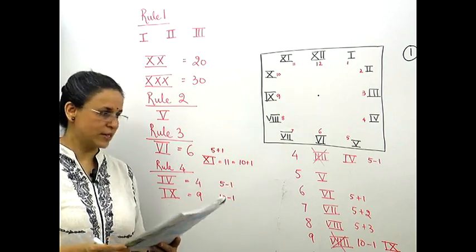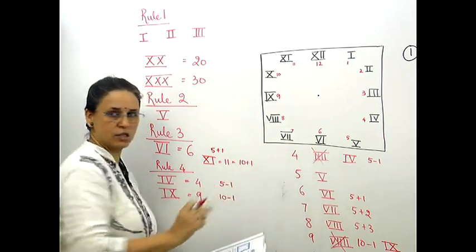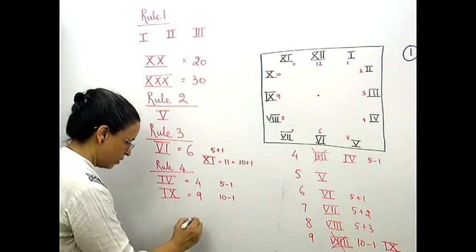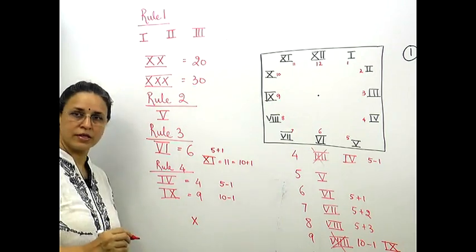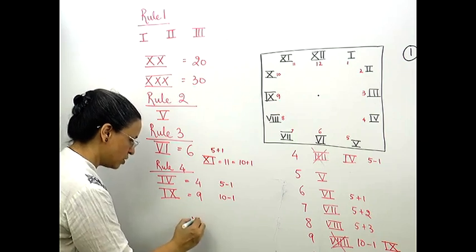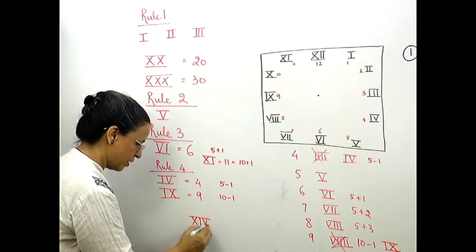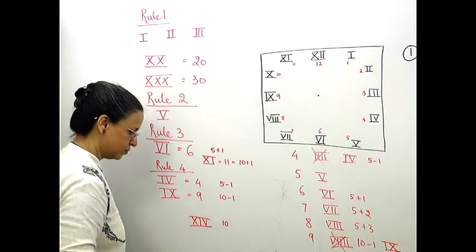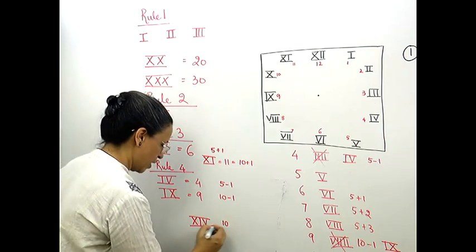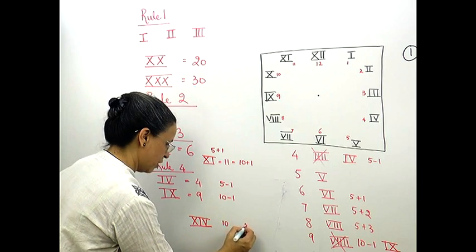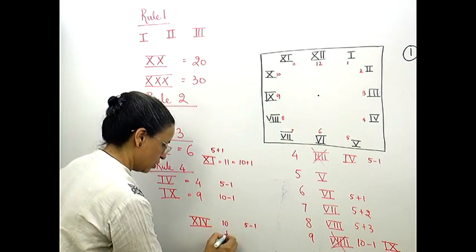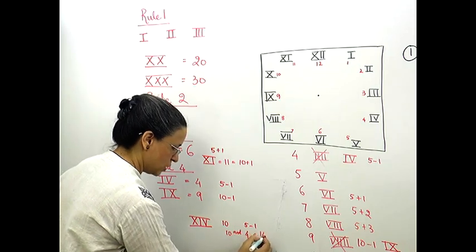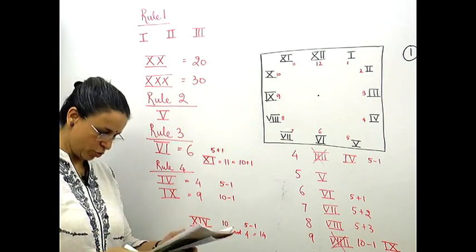Now 14 also you can see that we can't write it with 4 lines this way. So if you wanted to write 14, you would have to write 10, correct? And then the word for 14 was given in this manner. So 10, this is 10, this is one part of it, and then 5 minus 1. So 10 and 4 will give you 14. So this is the manner in which you will write.